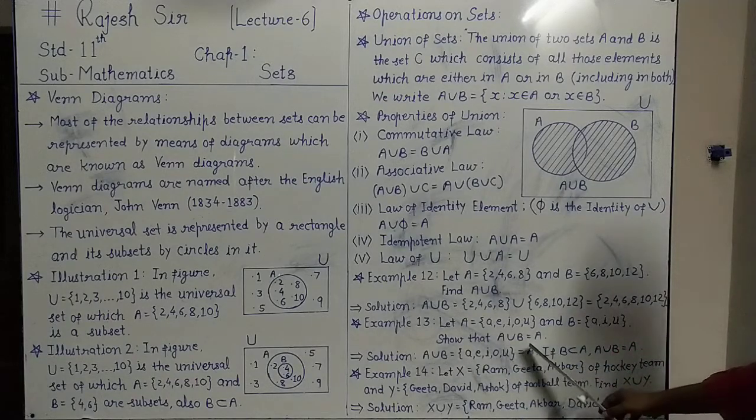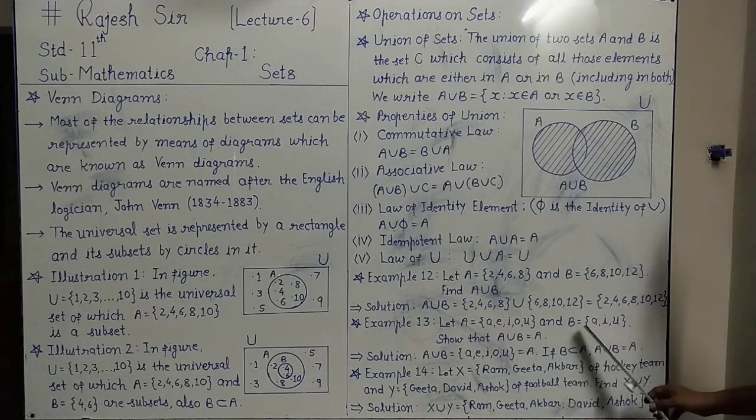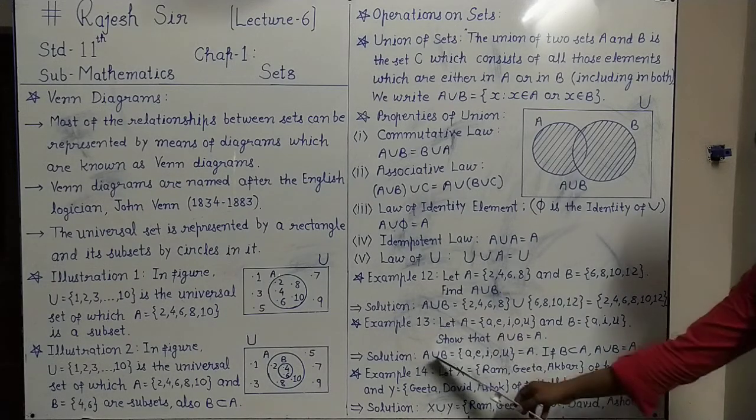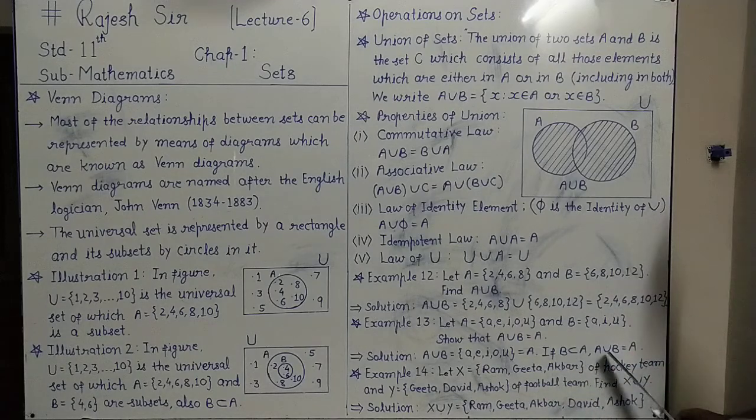The reason behind it is that B is a subset of A. Here you can see all the elements of B are in A. Therefore, your A union B comes A. So the conclusion is, if the set B is a subset of A, if you take the union of A union B, it will be A. Right?